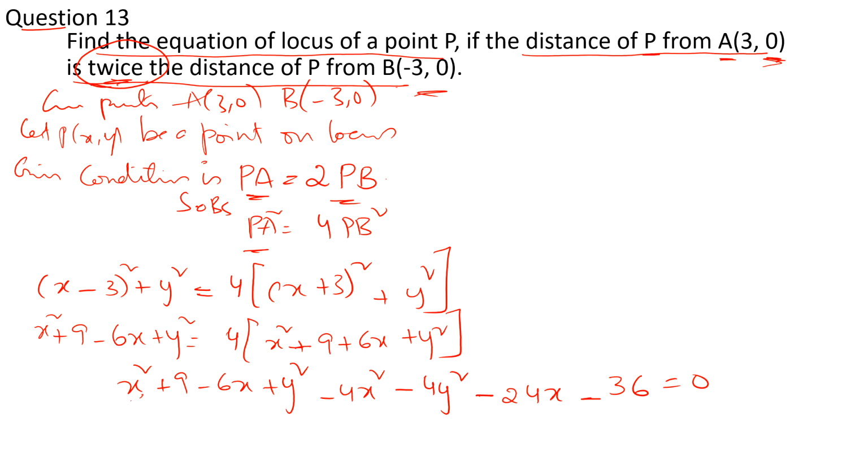And x terms: x square and minus 4x square is minus 3x square, and y square plus y square and minus 4y square is minus 3y square, and next x terms: minus 6x and minus 24x is minus 30x. Now y terms are not there and just constants, so 9 and minus 36 is plus 27, sorry, minus, in higher number we are having minus, right? So minus 27,